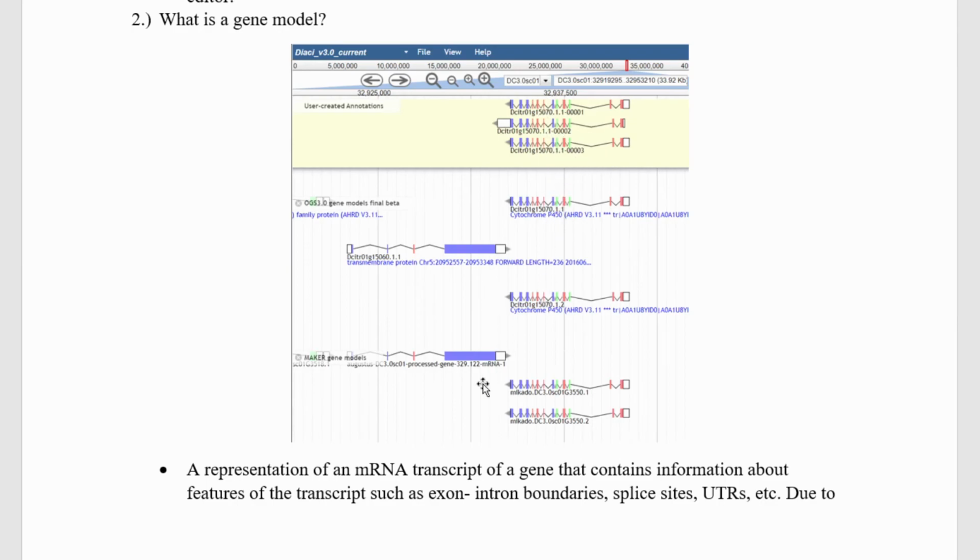And the gene model is this depiction of the mRNA transcript that includes information about the splice sites, the exons, the introns, with your introns being the black lines and the exons being your colored boxes, and the UTRs, which are your white boxes. So this is a depiction of the mRNA transcript from the DNA,